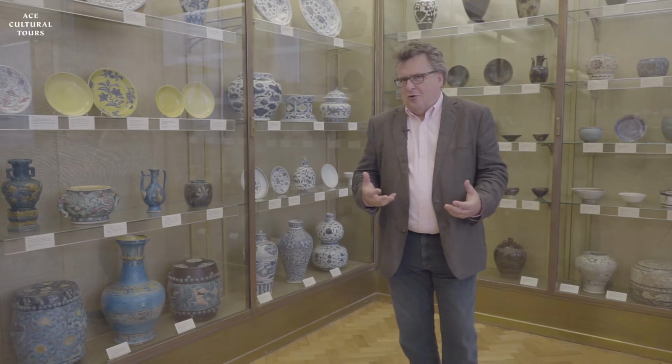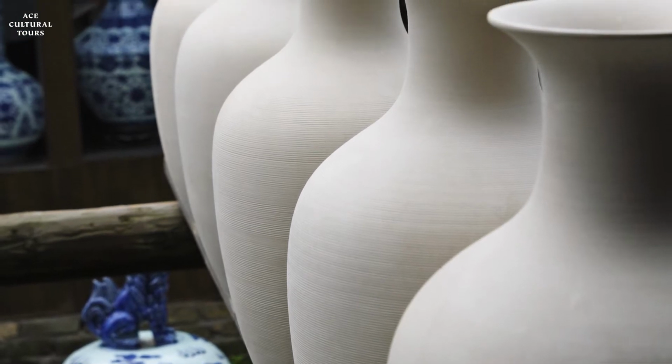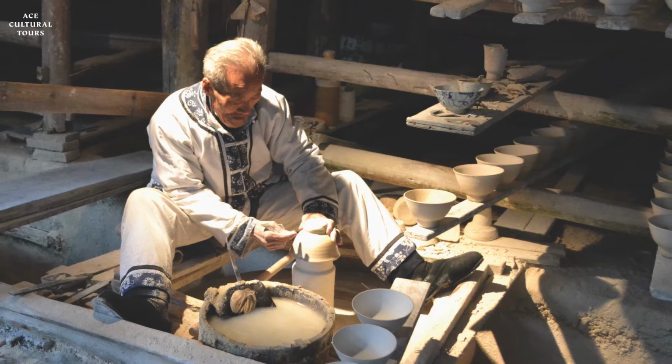China than through its ceramics? Works created out of the very landscapes that we will be traveling through. We'll be showing you processes as they were done thousands of years ago and as they continue to be done